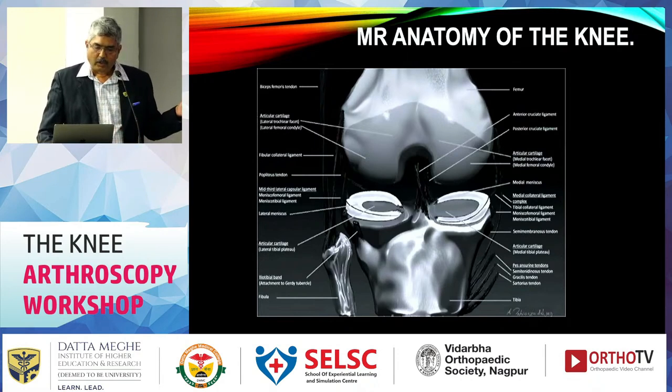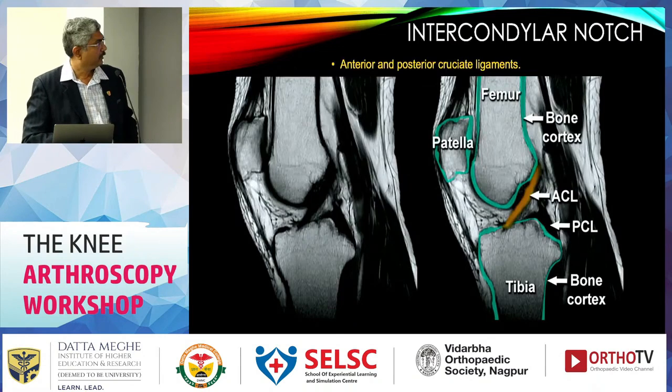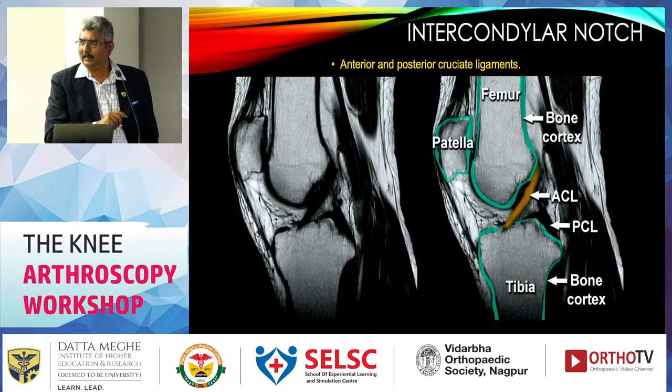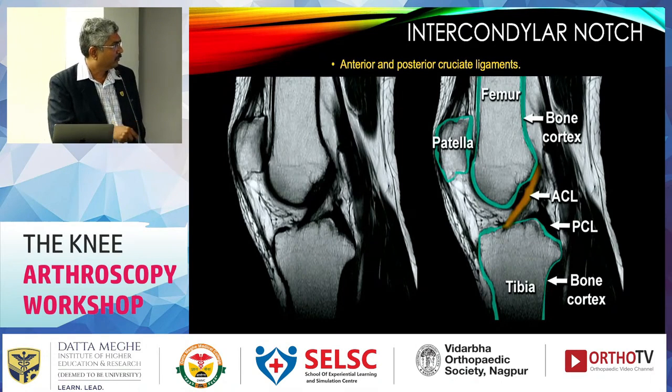So it is not always seen on MRI. Moving to the next part, that is the most important, is the intercondylar notch. The intercondylar notch contains two important ligaments. I said everything is black. If it is white, it is a sign of some abnormality. So see here,